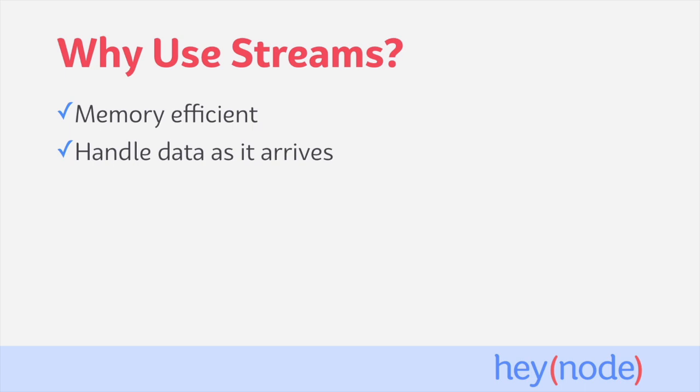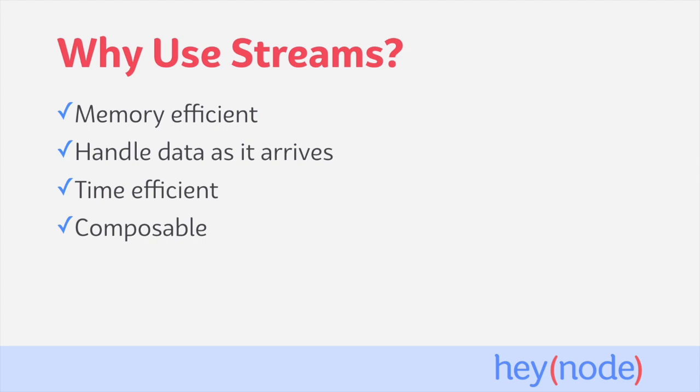Streams are also able to begin handling data as soon as the first piece of it arrives. This means that streams are also time efficient. In the example of opening a 20 gigabyte file, you would need to wait until all of the data had been loaded before you could even start working with that data. But with streams, you're able to start working with that data as soon as the first chunk arrives, and then you'll be able to work on the next chunk as soon as that piece is made available.